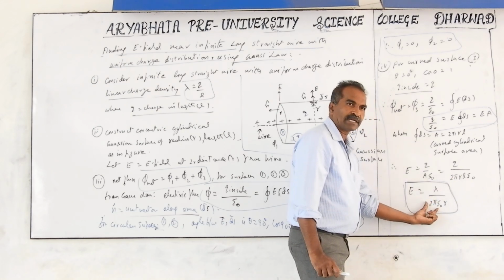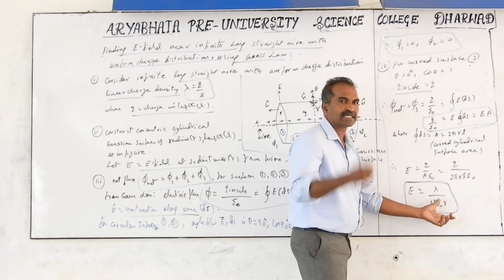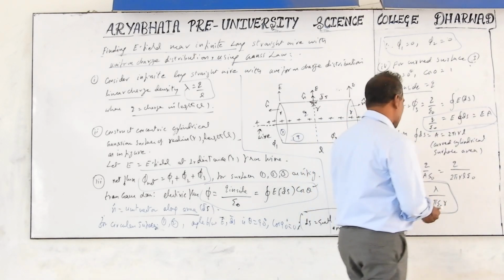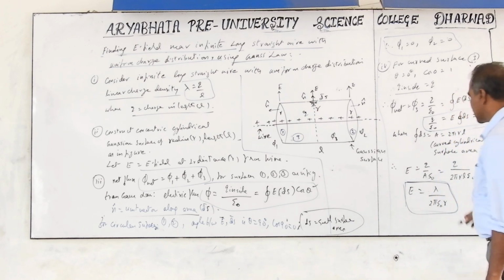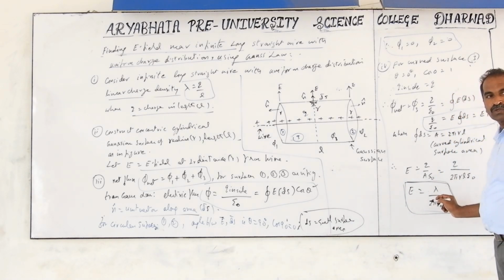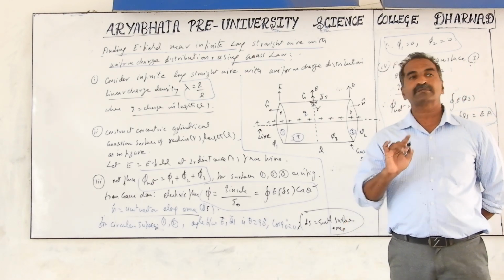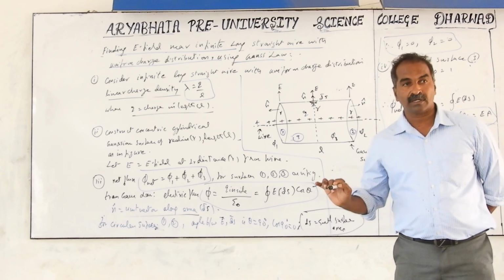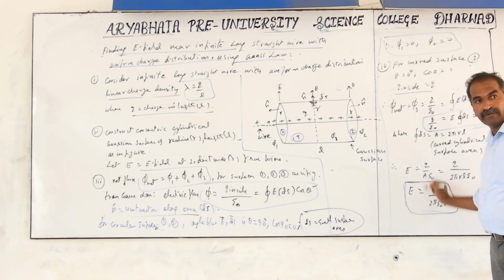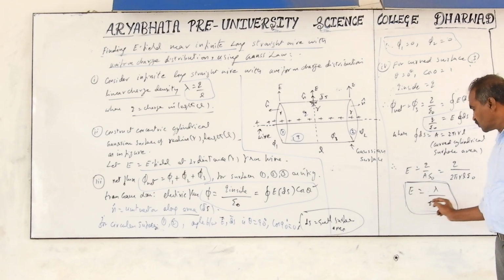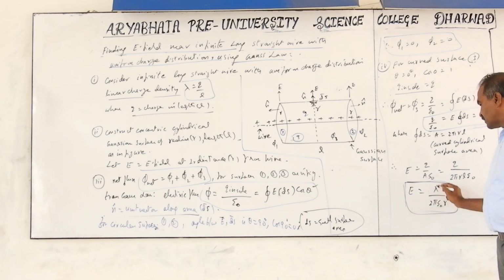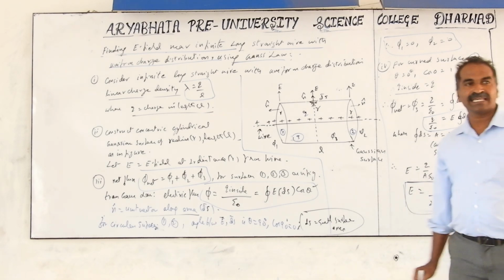And when these 2 pi epsilon are separated as constant terms, R is the only variable. Any distance we can take as R. Sometimes for problems we multiply and divide by 2. So what you get is 2 lambda by 2 into 2, which is 4 pi epsilon naught. 1 by 4 pi epsilon naught is 9 to the power of 9. So sometimes we mention it as 1 by 4 pi epsilon naught into 2 lambda by R. Why do we take it like that? It is not compulsory, but for numerical purposes we take 2 lambda by 4 pi epsilon because 1 by 4 pi epsilon, 9 to the power of 9, makes calculation easy.